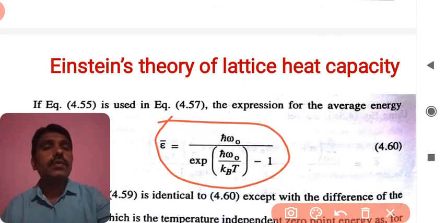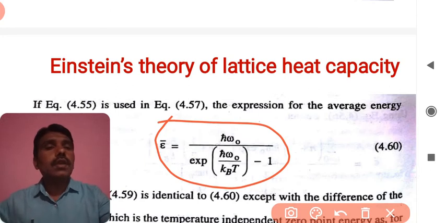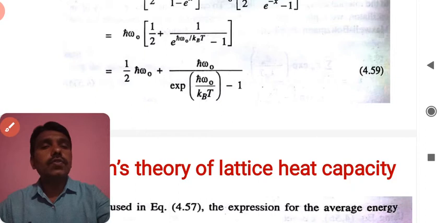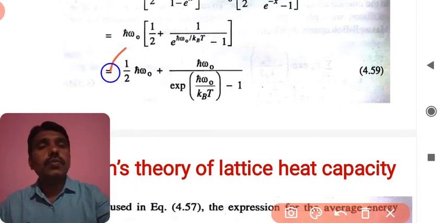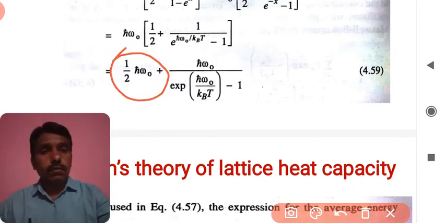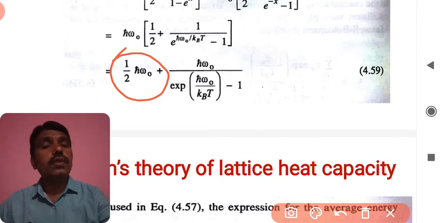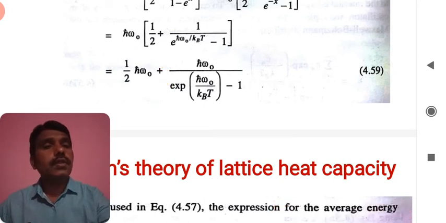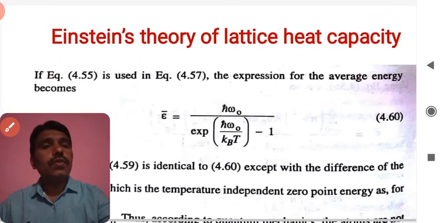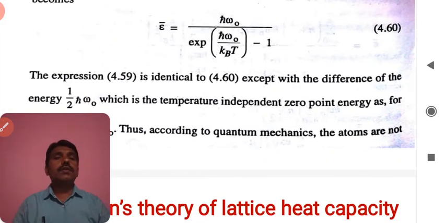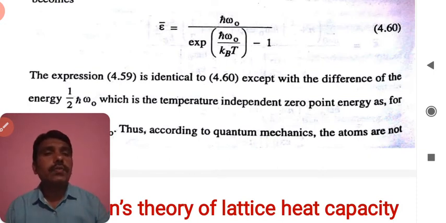Why it is to be there likewise this, because it is somehow... आपण आधी पण सुरुवातीला म्हणलं होतं की half h cross omega 0 ही zero point energy, म्हणजे जरी टेम्परेचर दिलं नाही तरी ह्याच्यामध्ये असणारी एनर्जी हे ह्याच्यावरून प्रूव्ह होते. म्हणजे जर समजा T जरी 0 झाला तर that will be coming to be as this much of value. So this expression is somehow identical and so the previous relations are to be as identical to